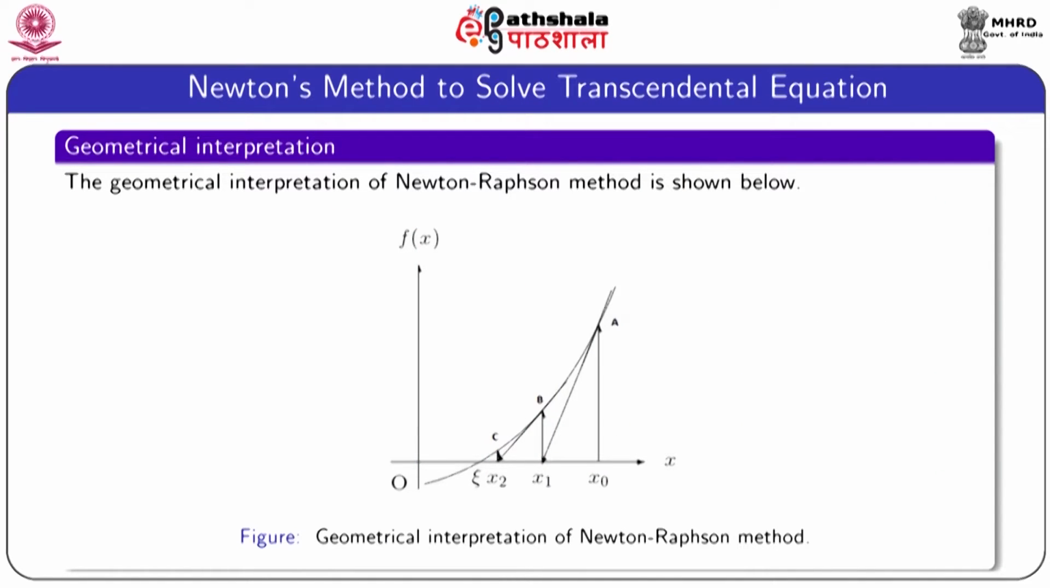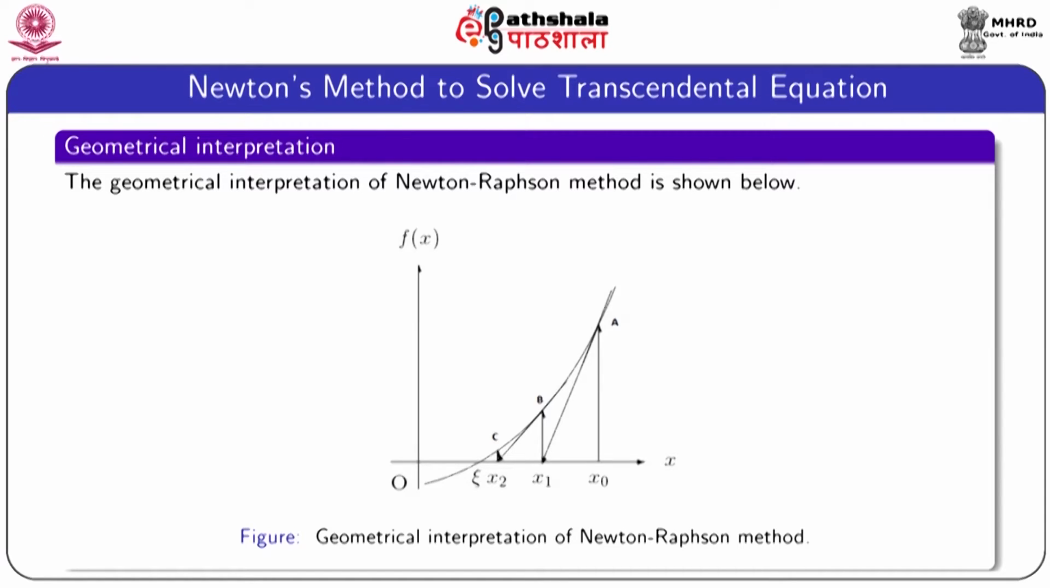This is the geometrical interpretation of the Newton-Raphson method. Note that the method is started from the initial guess x0, and we draw a tangent at the point A whose coordinate is (x0, f(x0)), and that tangent cuts the x-axis at the point x1, and then we again draw a tangent from the point B. The coordinate of the point B is (x1, f(x1)), and that tangent cuts the